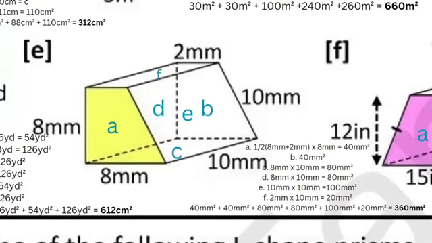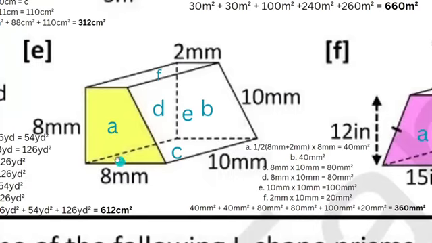Next, we'll be calculating E. Question E and all the other questions we just did are different because this is a trapezium. So this is A, this is B, this is C, this is D, this is E, and this is F. So to calculate A,